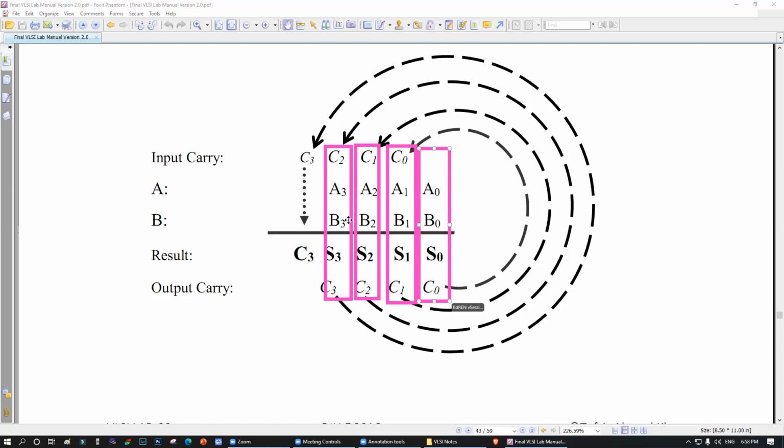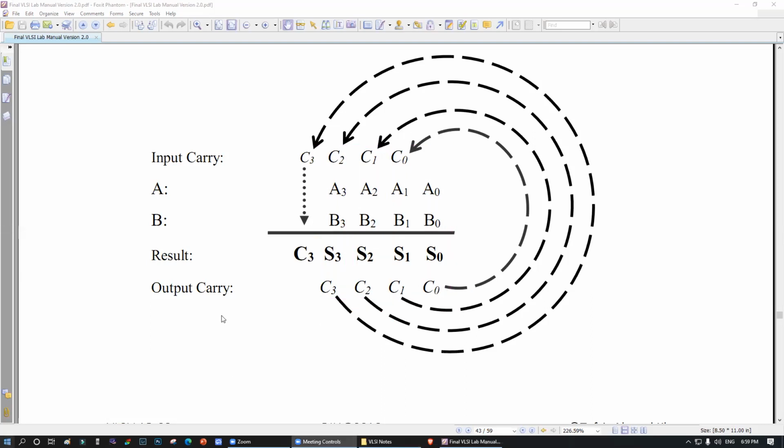Why? Because we want to convert this circuit to something else later. That time we need a full adder, not a half adder. Half adder will not work. That's why we will use a full adder. And since this place is empty, we will put a 0 here by default. So 4 full adders: 1 2 3 4. Now let's design the circuit.